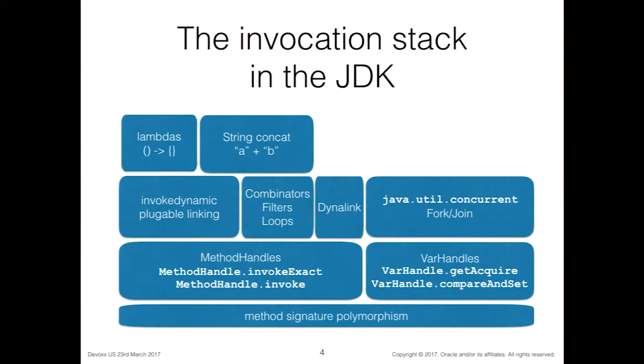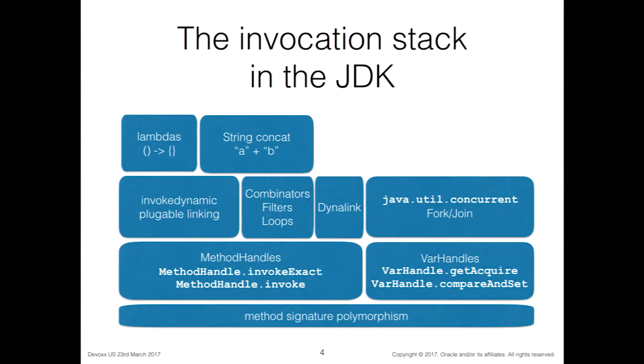VarHandles are essentially a dynamically typed reference to a variable, where you can perform some exotic forms of access control. We've added a bunch of new methods to do compare and exchange and so forth, which you can't do on the atomics we have. The motivation for adding VarHandles was to get very fast atomic access, replace atomic field updater classes, and replace Unsafe usage. If you use these classes in a special way, you can get as fast as the Unsafe access people were using to do acquire and release type things